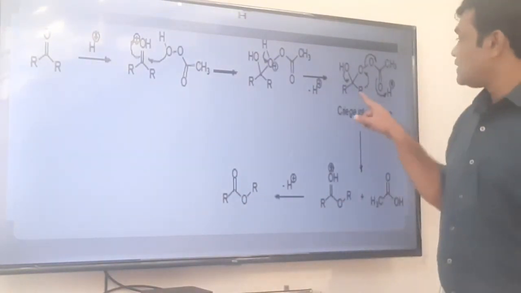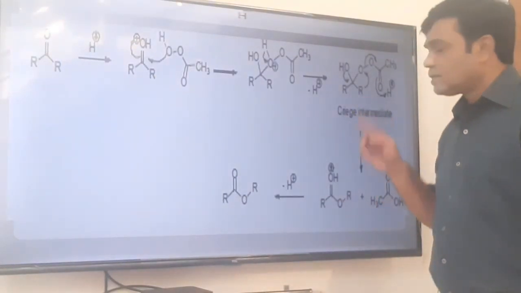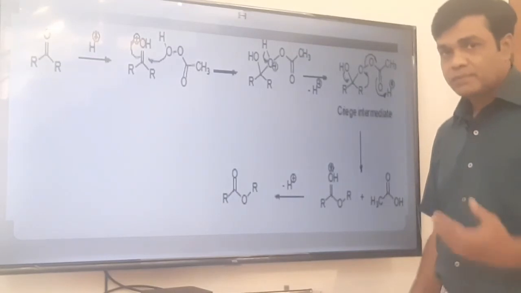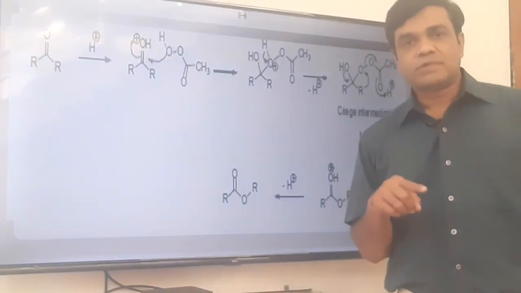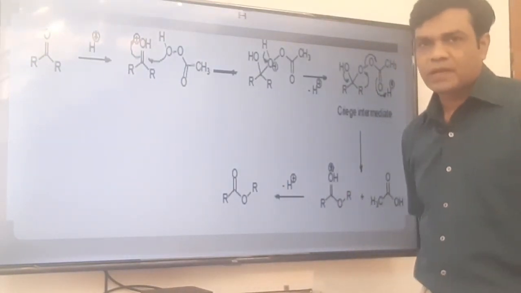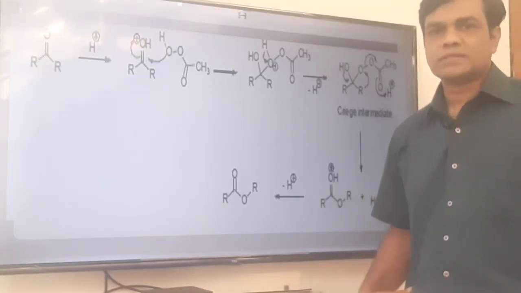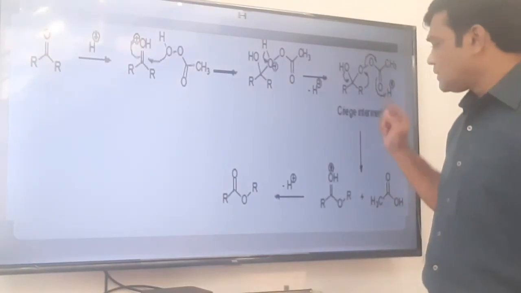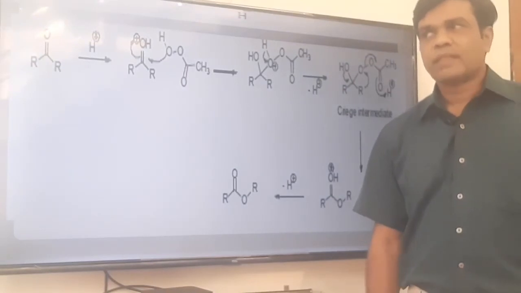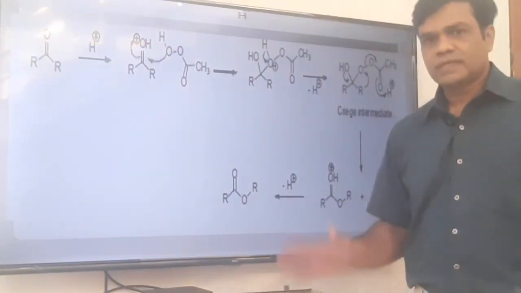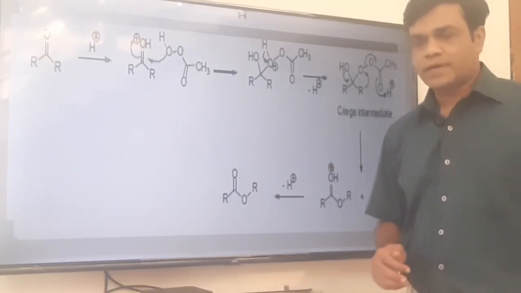And now if there is a choice between these 2 alkyl groups, which alkyl group will migrate? Here both the alkyl groups are the same, so there is no issue. But when different alkyl groups are there, then which alkyl group will migrate? The group which has more electron migrating aptitude, means the alkyl group which is more electron releasing, will migrate. Here there is a choice, and accordingly we get a different product. And applications we have already discussed, and in general I can say that from the alkyl group which is more electron donating side, oxygen is incorporated, right.